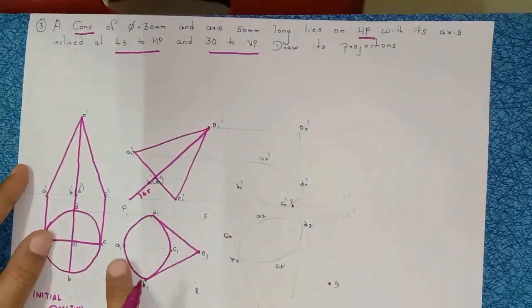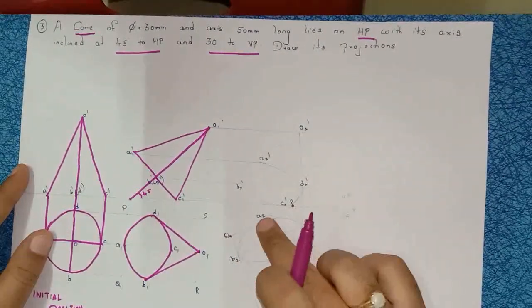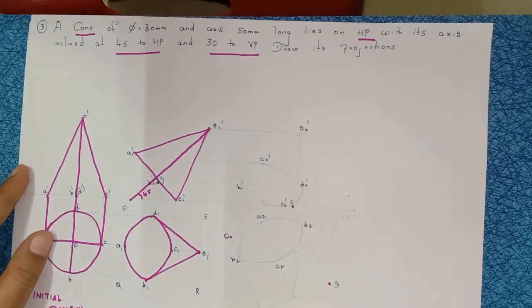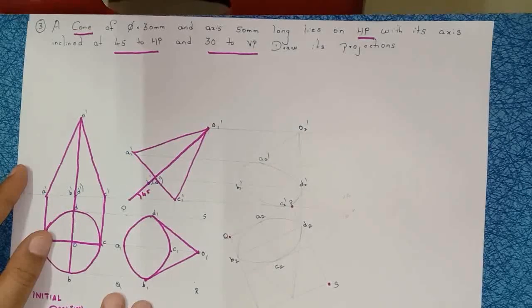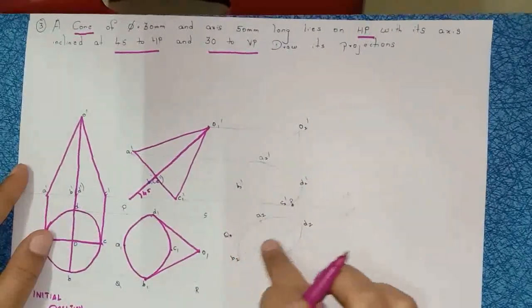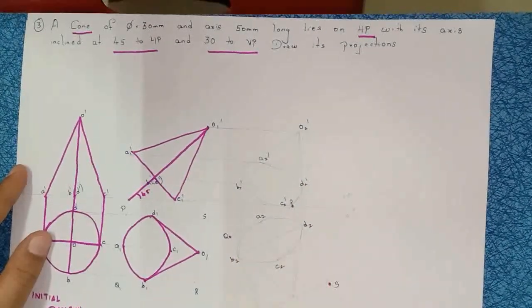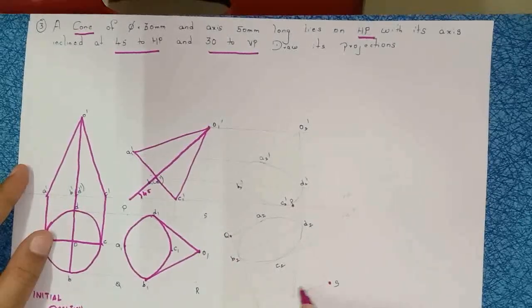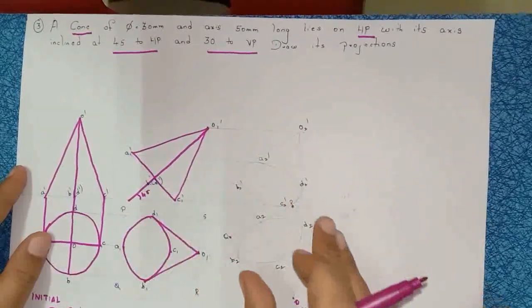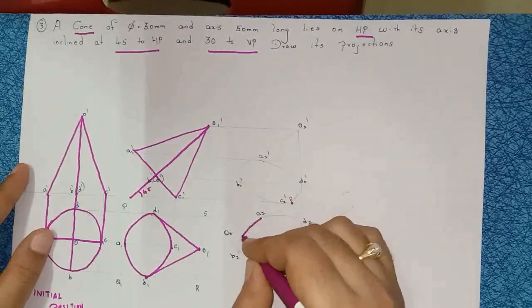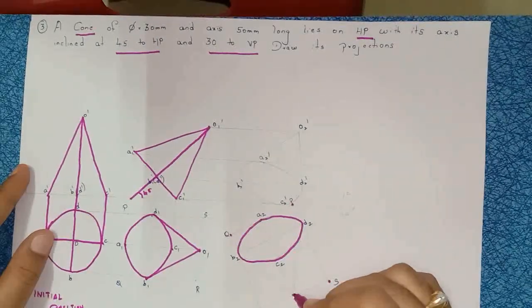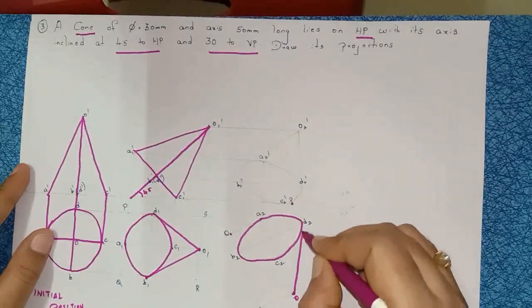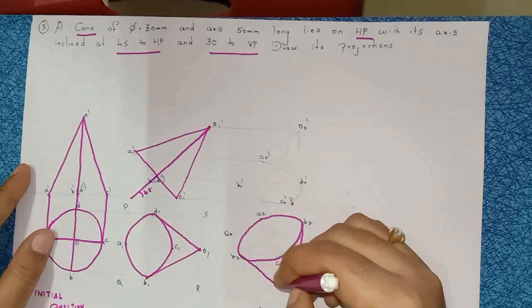In between P and Q, midpoint line is A. Right? In between Q and R, measure this distance from Q to B. From Q to B, draw the line. From B to C, draw the line. In between R and S, mark this O point. Right? Same cone, draw here. Join this one A2, B2, C2, D2. After getting this O point, join these corners. It looks like a cone shape.